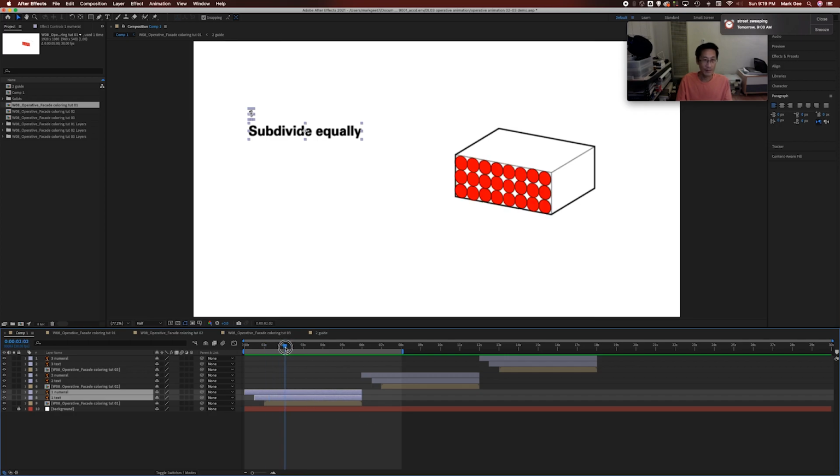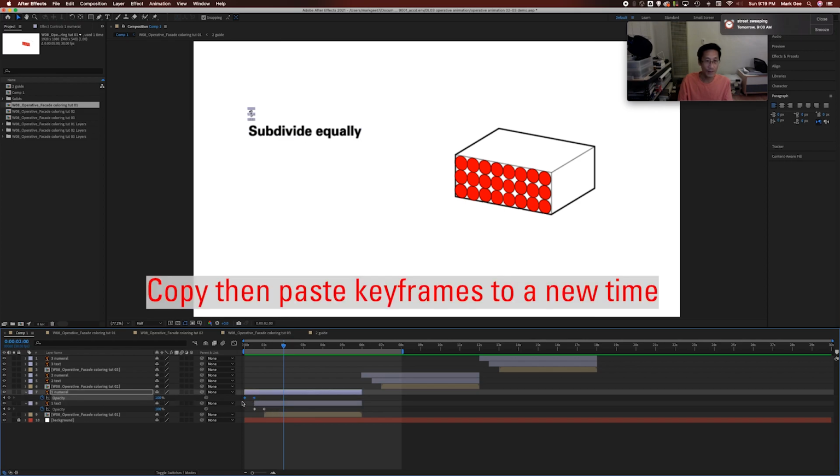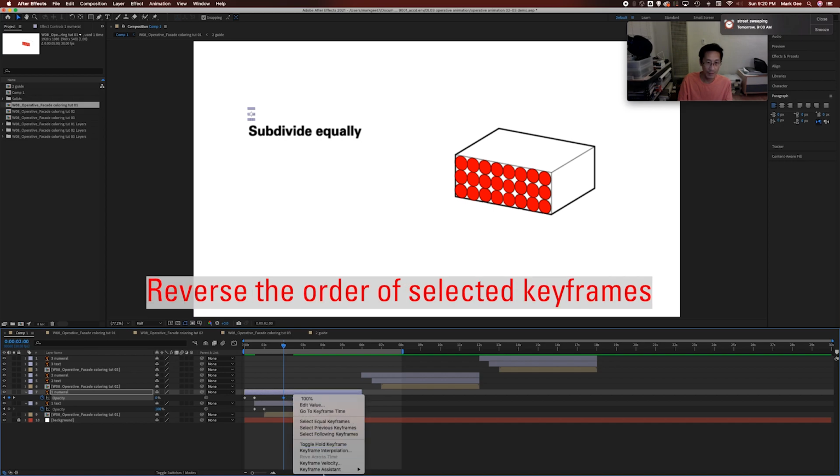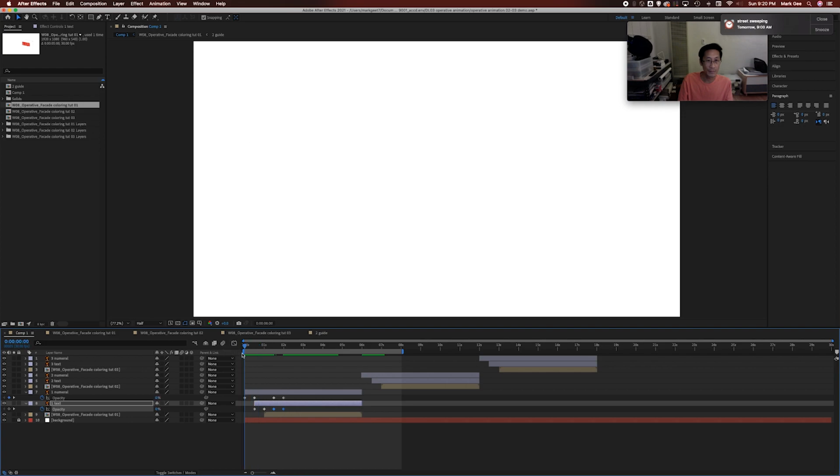Say after 2 seconds. And I'll open up this, and so here I can take this opacity fade in, I can copy and paste, and this is another fade in, but I can go to Keyframe Assistant, time reverse, and now it's a fade out,